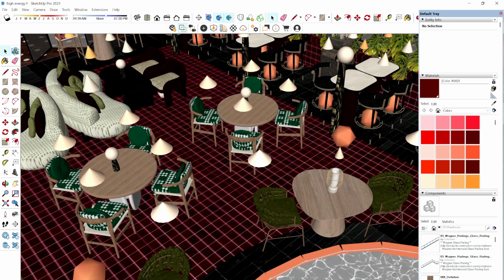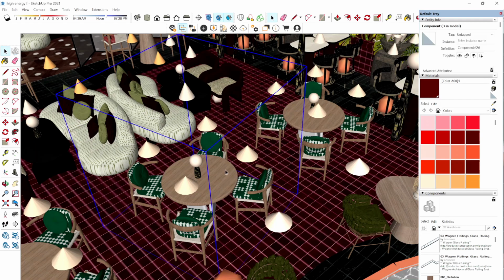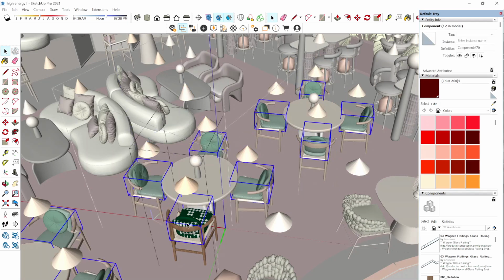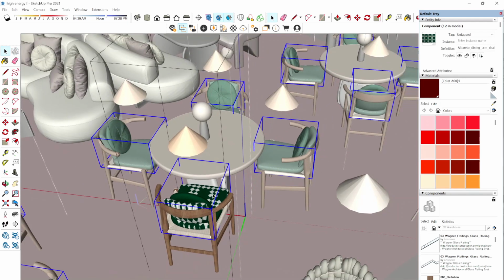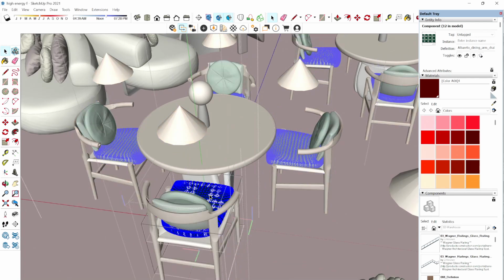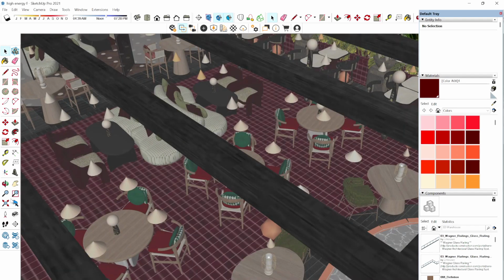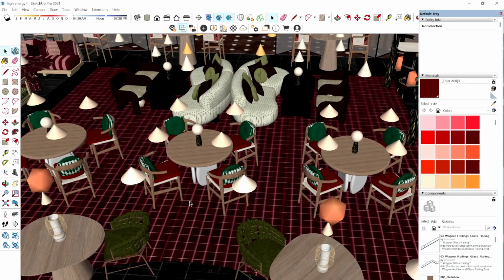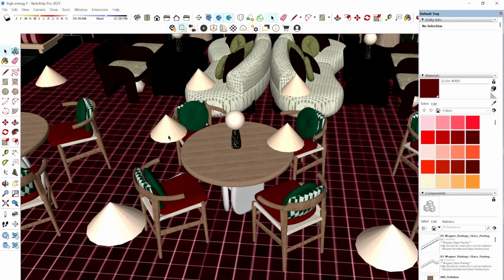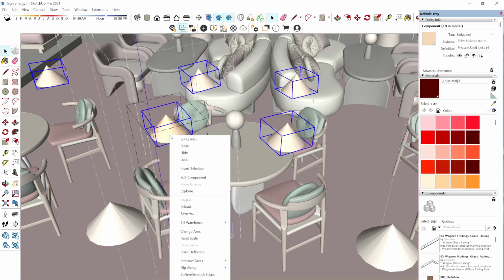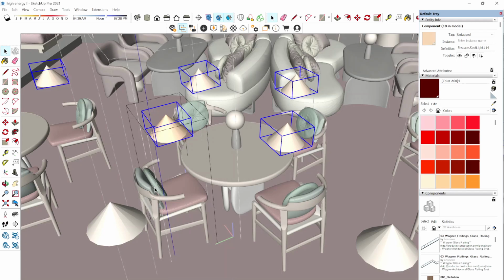For example, I have this model and I have made every chair a component. So for example, if today I decide that I don't want it to be in this fabric and I want all my chairs to be red, what I'll do is I'll just go into the chair and change this fabric to red. And I do not waste time changing all my chairs, right? If I have to add a light, I will just go in the chair and add this light. If I have to remove my lighting, I will just go in the chair and remove this, right?